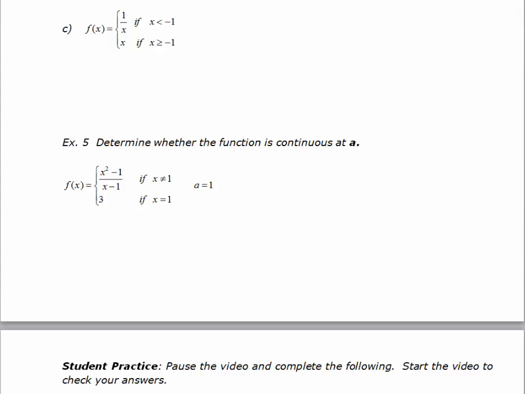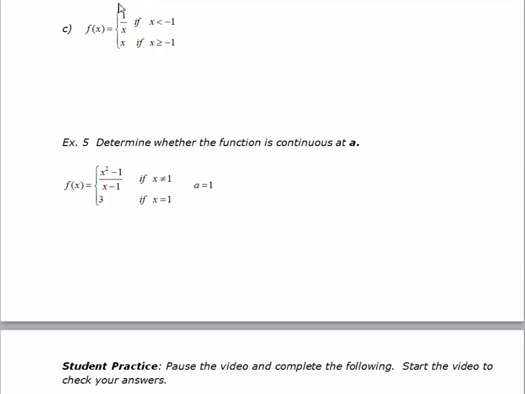Alright, let's look at example C. We've got f of x equals 1 over x if x is less than or equal to -1, and x if x is greater than or equal to -1. We start off by focusing on the individual functions, and I know that the top function, 1 over x, that's